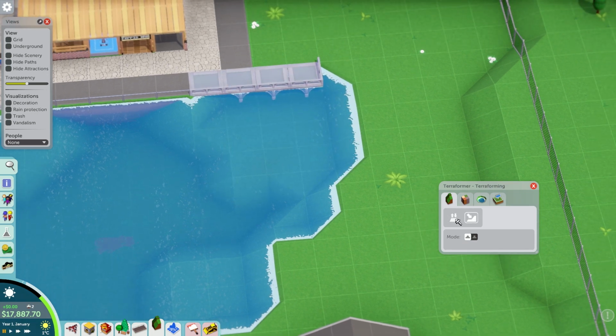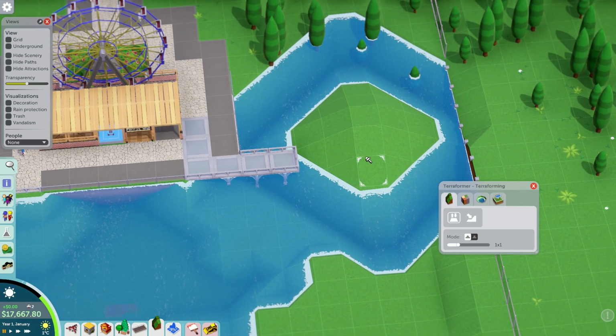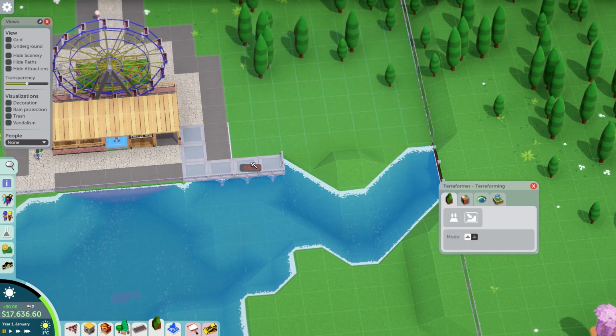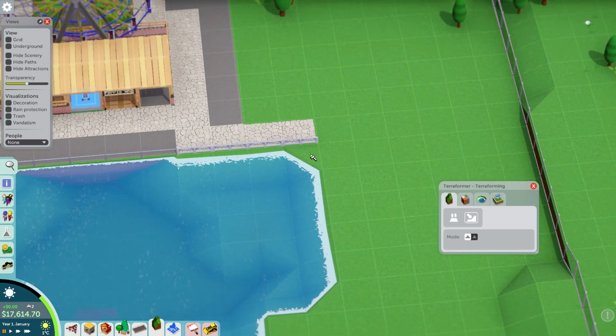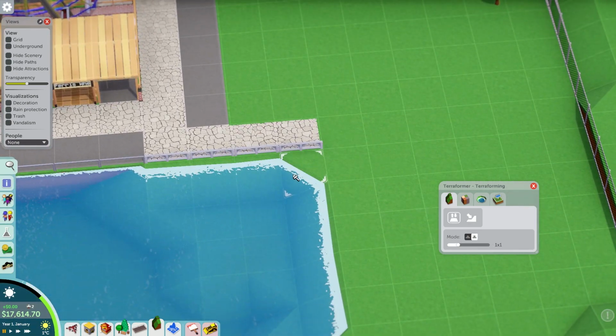Oh, I didn't mean to do that at all. There isn't an undoing this either, is there? Jeez. Okay. Let's just fix all of this first. There we go. That's what I was trying to do. There we go. And have this bit a little bit more